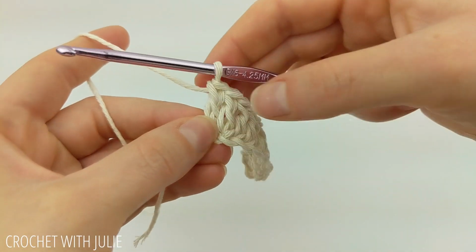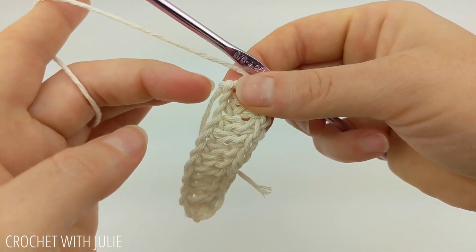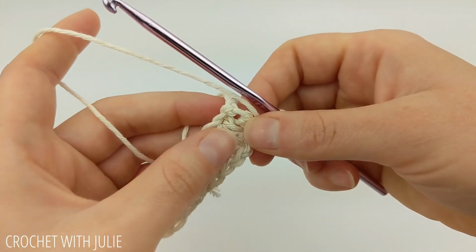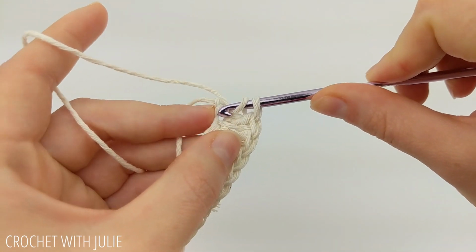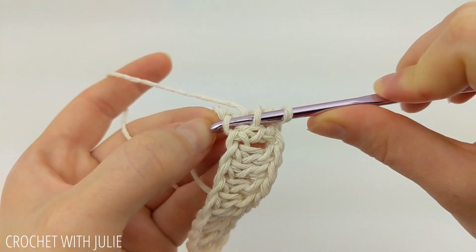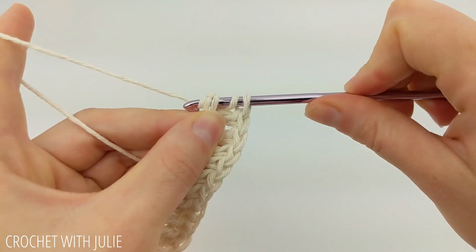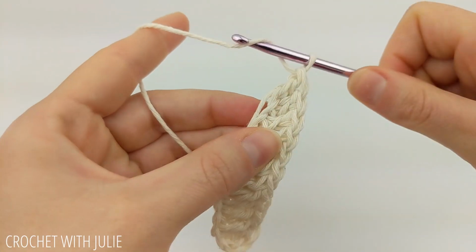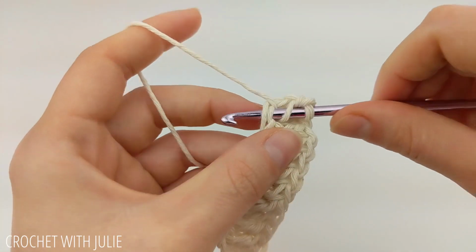And at the end of your row, I want you to turn your work toward your starting tail so that you can access these front loops. And we're just going to place 1 double crochet in each of our front loops going back down our row. And this will create an oval pattern. Optionally, you can crochet over your starting tail while you're working these stitches. So you should have 11 double crochets on this side as well, for a total of 22 double crochets in